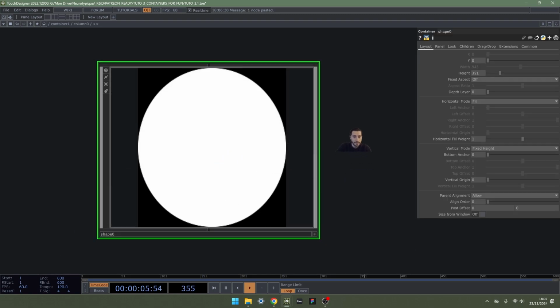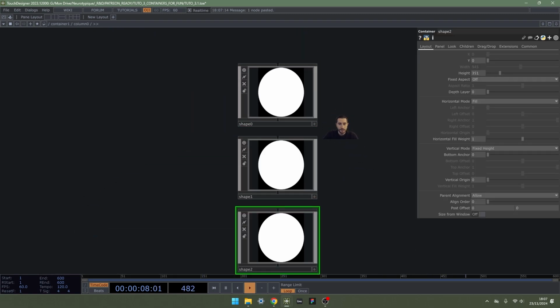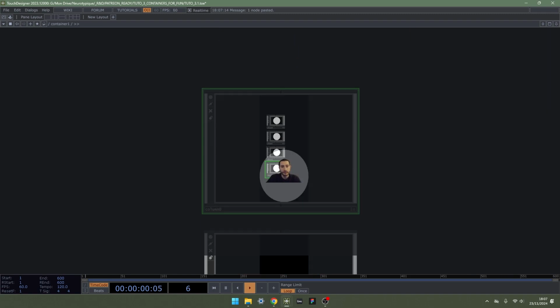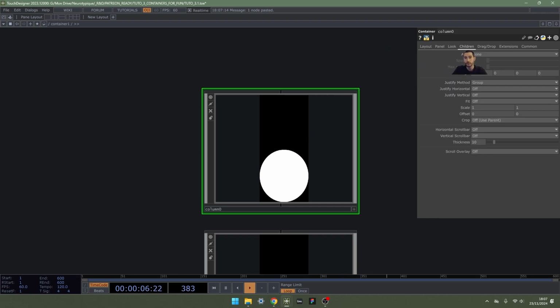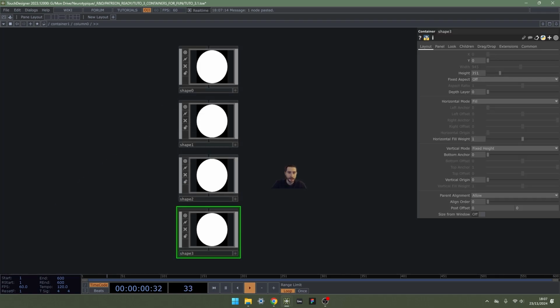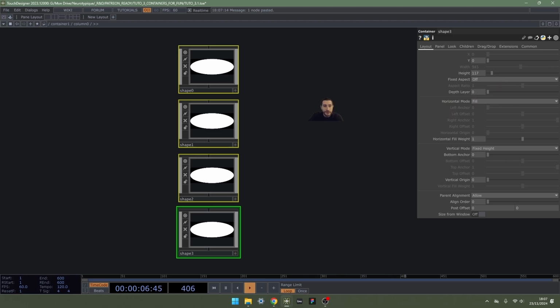This means that let's create some circles directly in our column. If we want to set them vertically from top to bottom, we need to go into the children tab, align top to bottom, and we're going to decrease the width and the height a bit, so we see them.